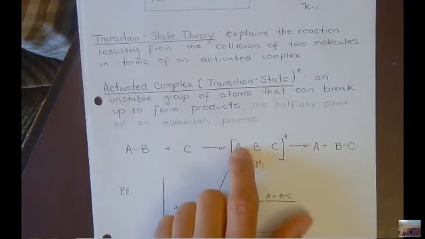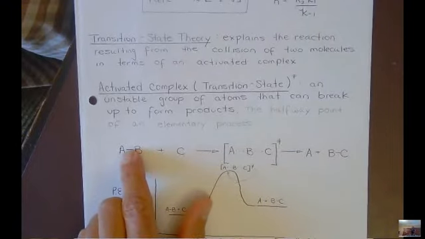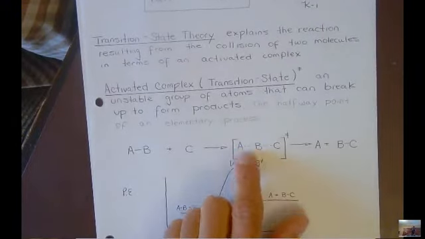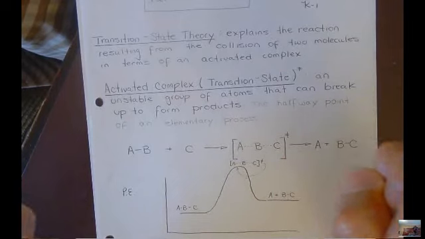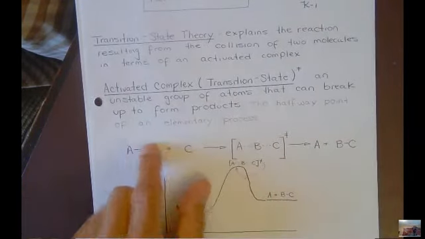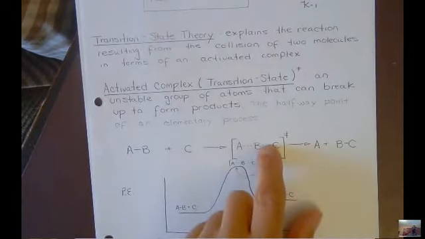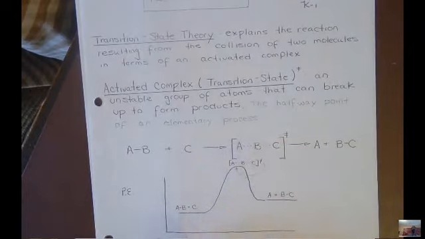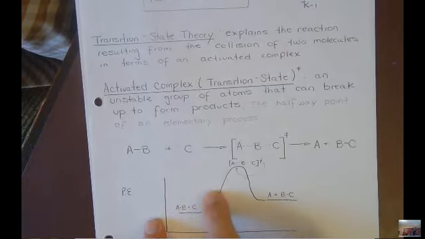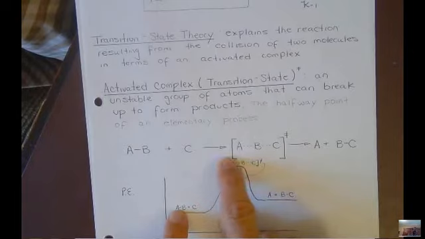The AB bond starts to break. So how do I draw that? I draw that with a dotted line. It goes from a nice, beautiful single bond to a bond that's stretching and breaking. At the same time that the AB bond is breaking, the BC bond is forming. So this is bond formation. This is bond breaking. So picture that. Why does that take energy? Because I've got to break AB. That's hard. Okay? Then I get to the top of the mountain here,